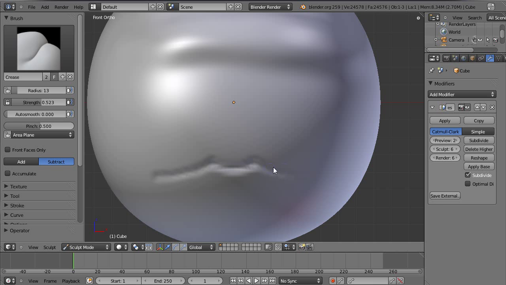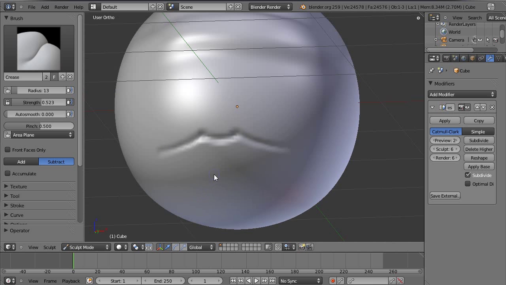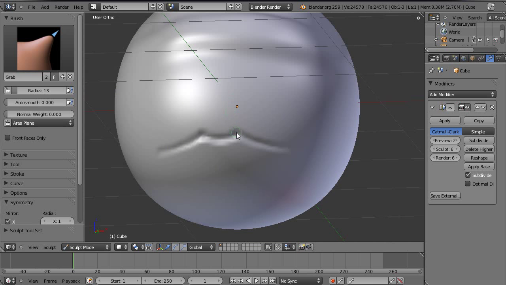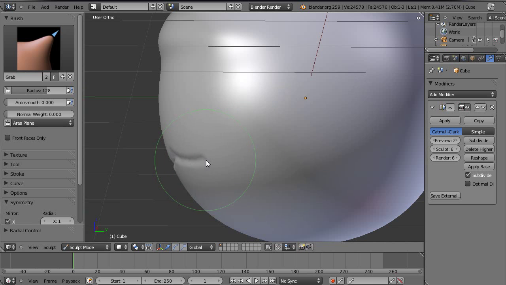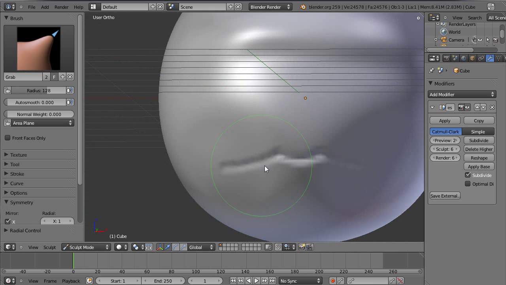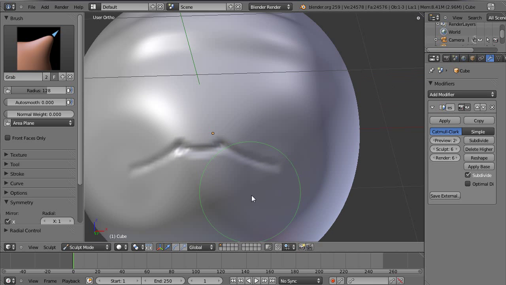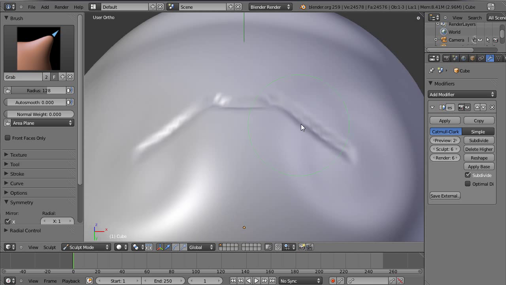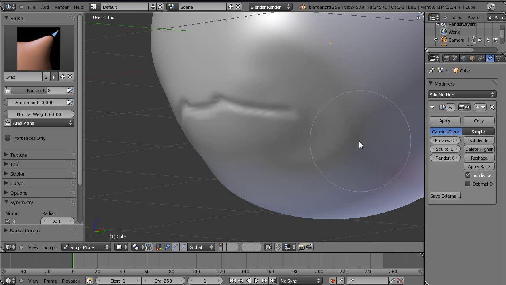There we go. So now I've got that initial line in. I'm going to switch to the grab tool with G and make it bigger, and I bring these corners back and in a bit, and then start to bring all this out a bit. It should flesh it out a bit. I'll just smooth around there.